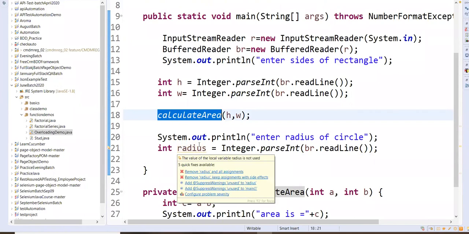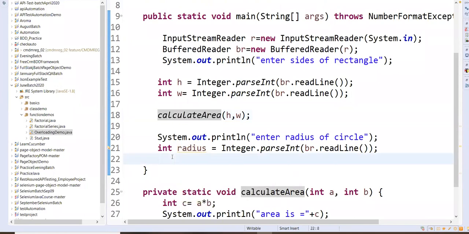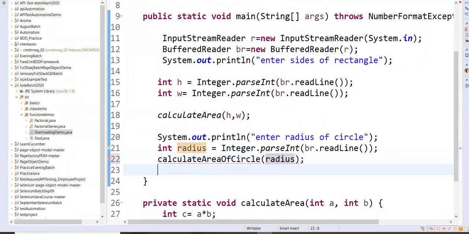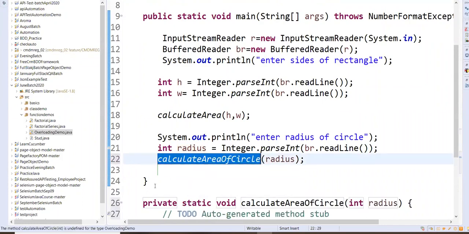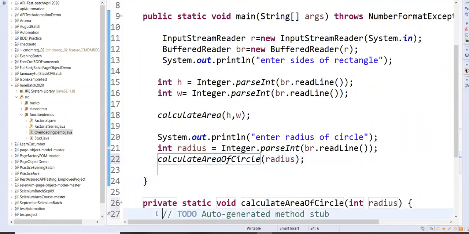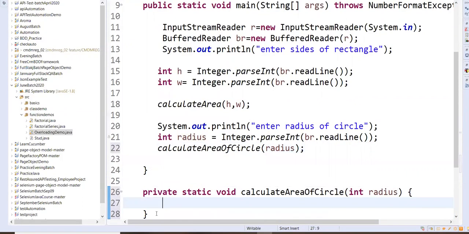So what to do? Should I make a new function called calculate area of circle? One way I can make it, I'll make calculate area of circle, and then I'll pass this radius, and that function will do its own thing. So I'll make calculate area of circle. What will it do? I'm writing it double